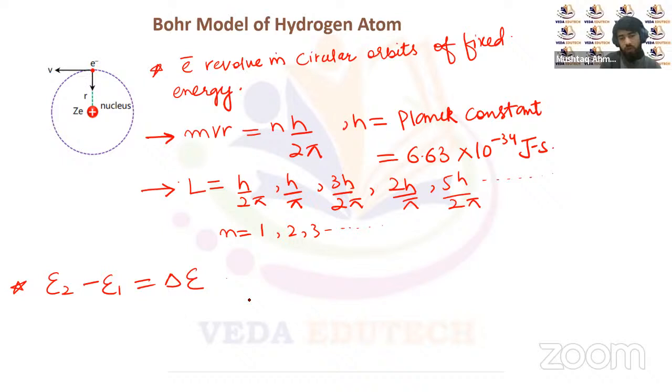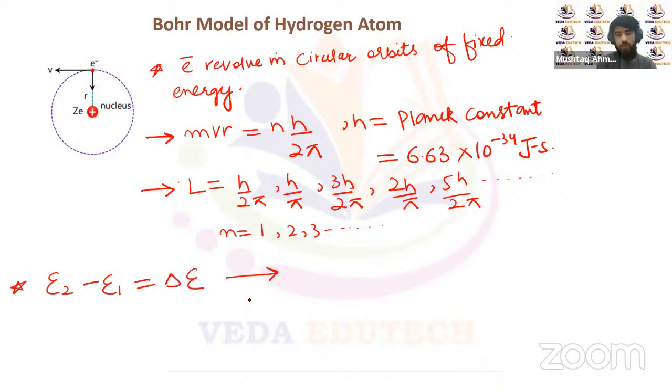It means that the electron will make a transition from lower energy orbits to higher energy orbits only if it absorbs an energy equal to the energy gap between the two orbits. If any energy is given that is less than the energy difference between the two orbits, the electron will not make any transition at all. Similarly, if an electron makes a transition from a higher energy orbit to a lower energy orbit, it will release energy in the form of radiation equal to the energy difference between the two